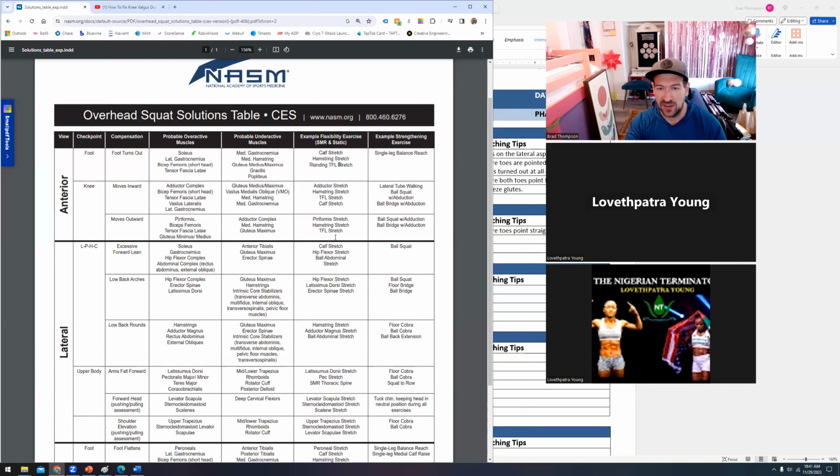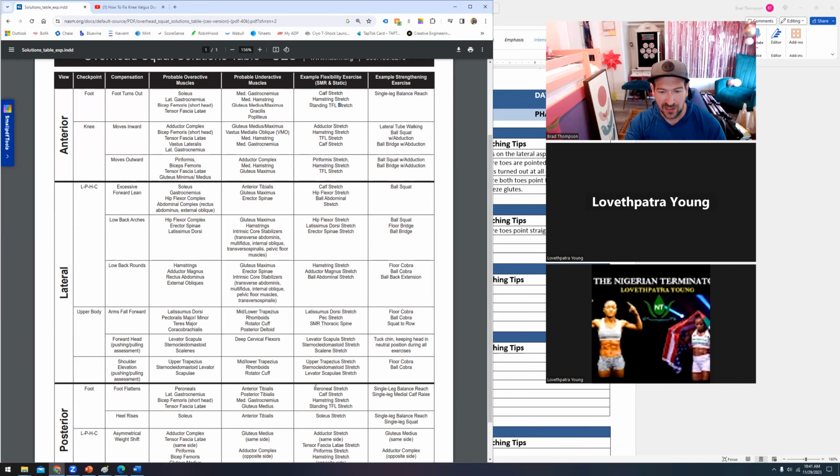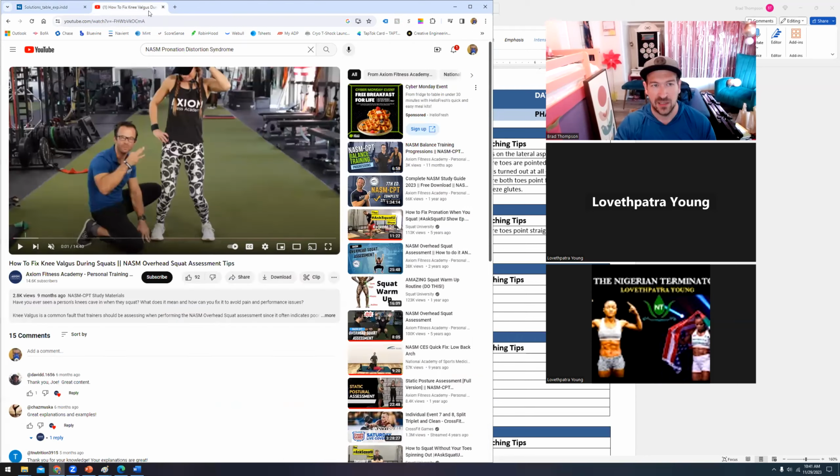Adductors, TFL, calves again. We go back over here. Peroneal, we didn't do that one, but calves, hamstrings, TFL, right? So we're seeing the same stretches, except they're just giving general suggestions, like a calf stretch in general. And then over here, we see example strengthening exercises like the single leg balance with reach, lateral tube walking, a ball squat, a ball bridge. So we got some more advanced takes that I think are much better, and we're going to build that program next. But first,